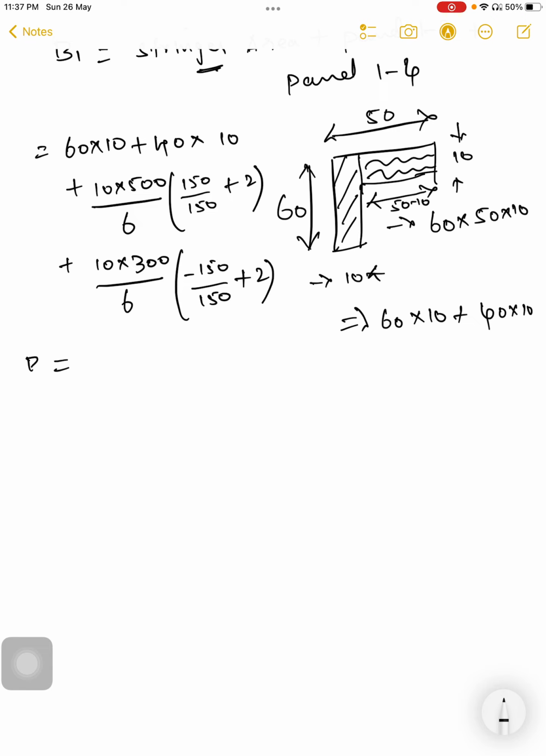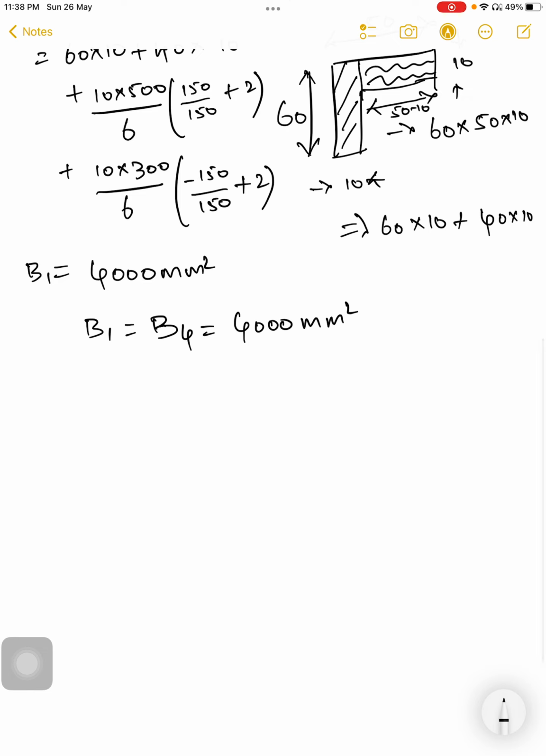Okay, when you do the arithmetic, B1 will be equal to 4000 mm². Here the section is symmetric, therefore B1 equal to B4 equal to 4000 mm². Similarly, if you do it for